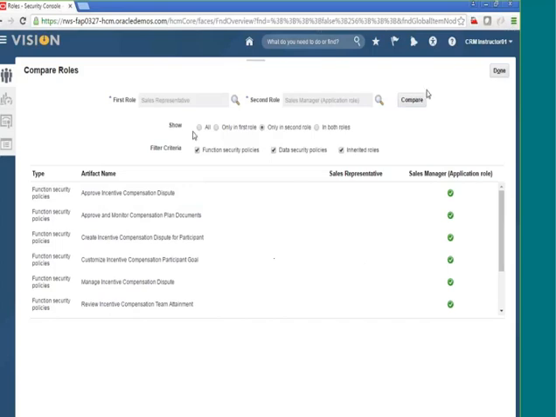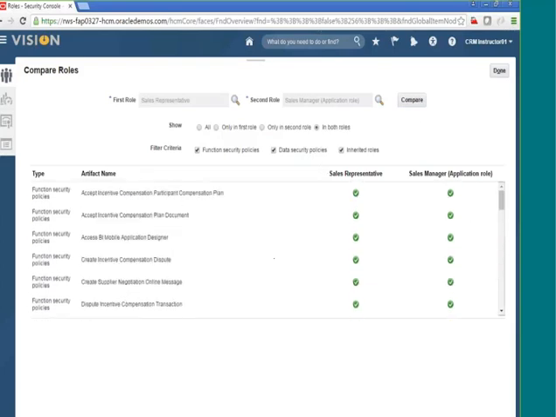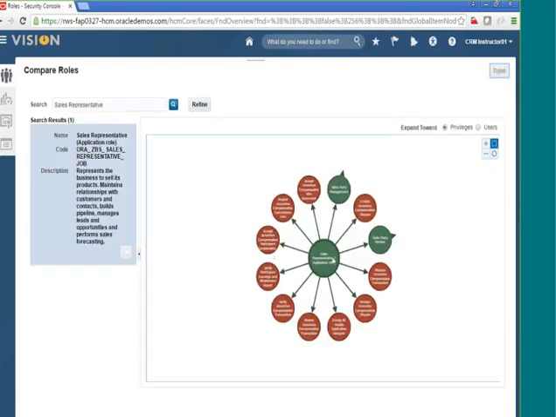So you can do an all compare, you can do a first role compare, second role compare, in both roles, right? Sometimes you want to see what the differentiation is between these two roles. So you can do many kinds of comparisons here, and with respect to filter criteria also, like function security, data security, and you don't want to compare any inherited roles, right? Because role hierarchy might be a little bit iterative in nature. So all that can be done through this particular interface here. So you can compare roles, you can create roles, you can do a deep copy of roles as such, and